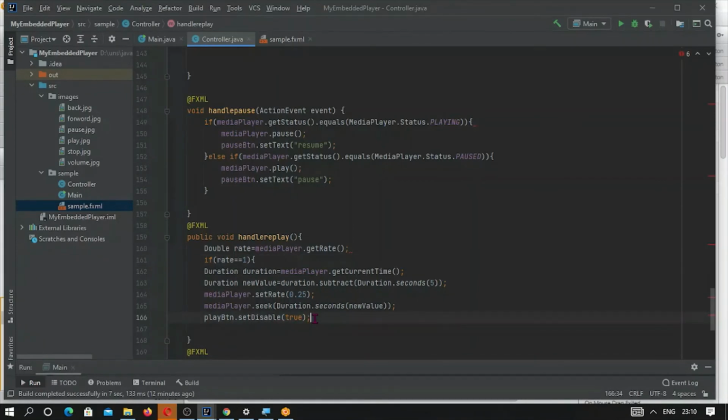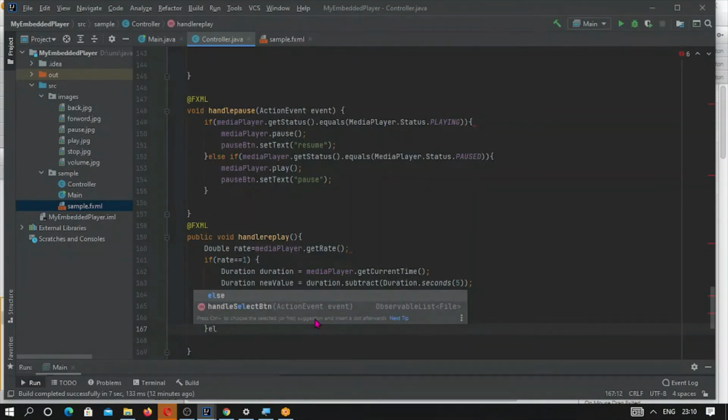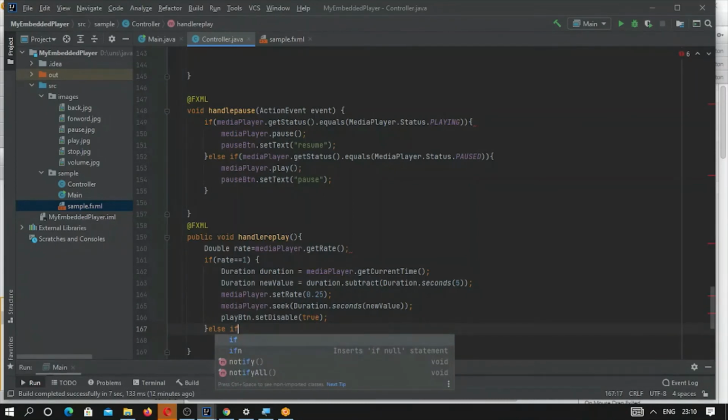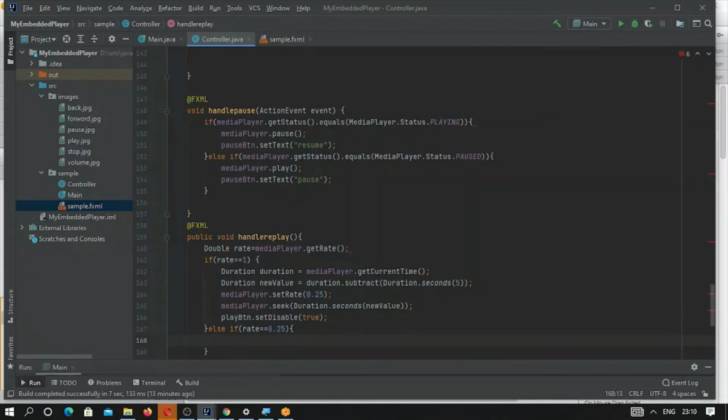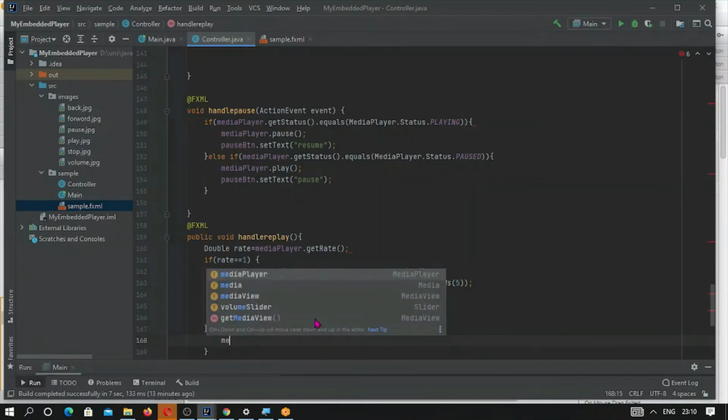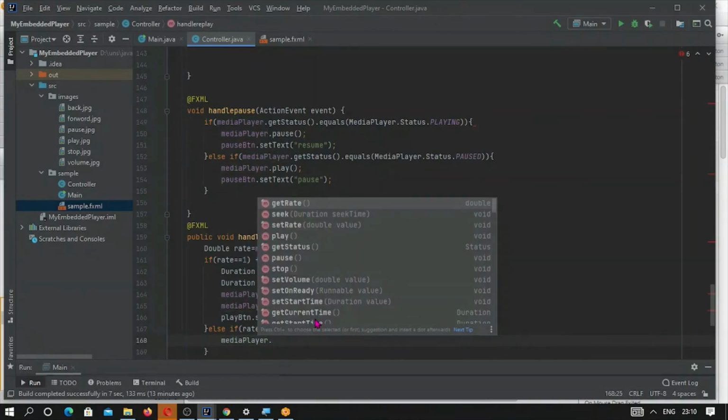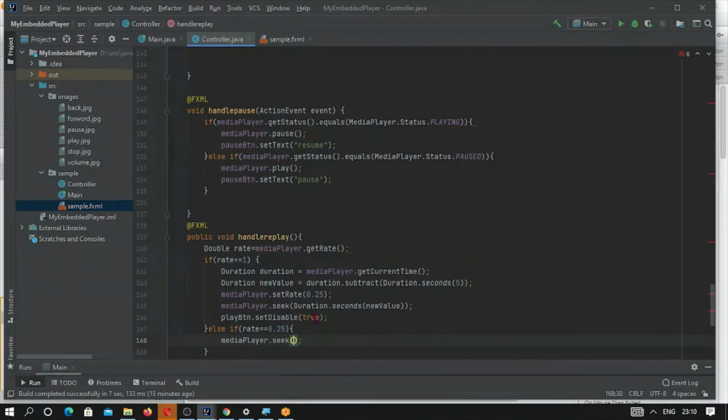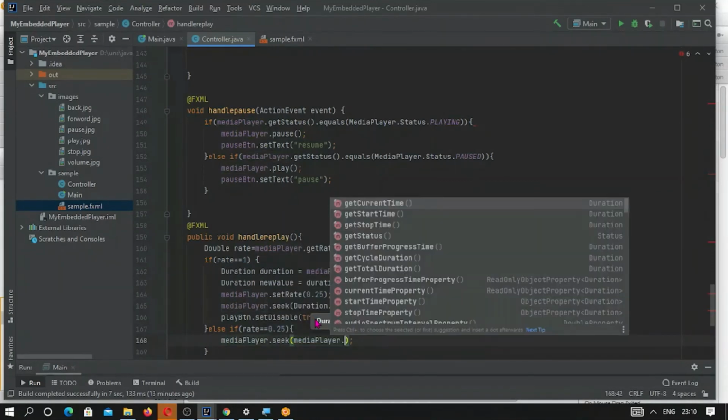And if the rate is returning 0.25, it means it is already replaying. In that case, we have to simply start playing from the current time, whatever the seek, using media player dot get current time.